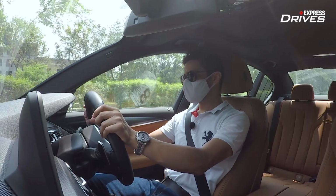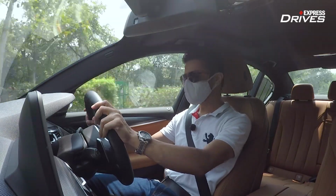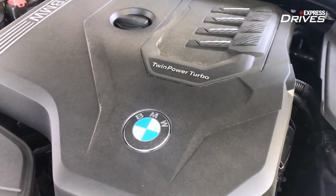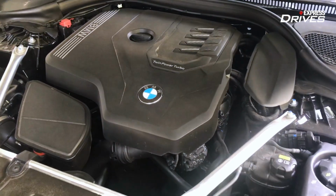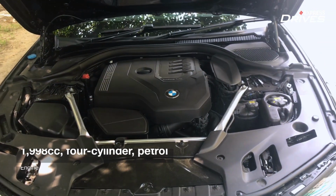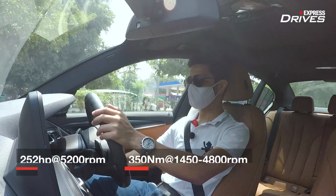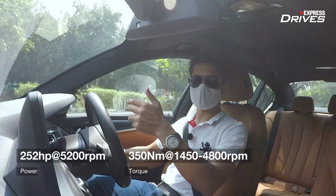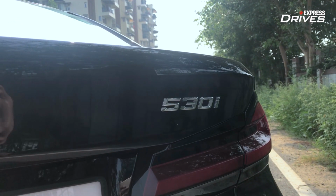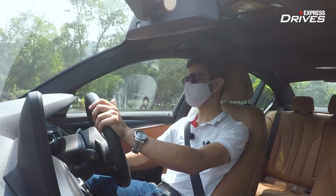And now on to the most interesting part about any BMW, and that's the driving dynamics. Well, in terms of powertrain, not much of a change. So you still get a 2-liter petrol engine with 252 horsepower and 350 Newton meters of torque. Well, that's the one that we are driving right now. It's the 530i, but you can also go in for a 2-liter diesel engine or a 3-liter diesel engine in